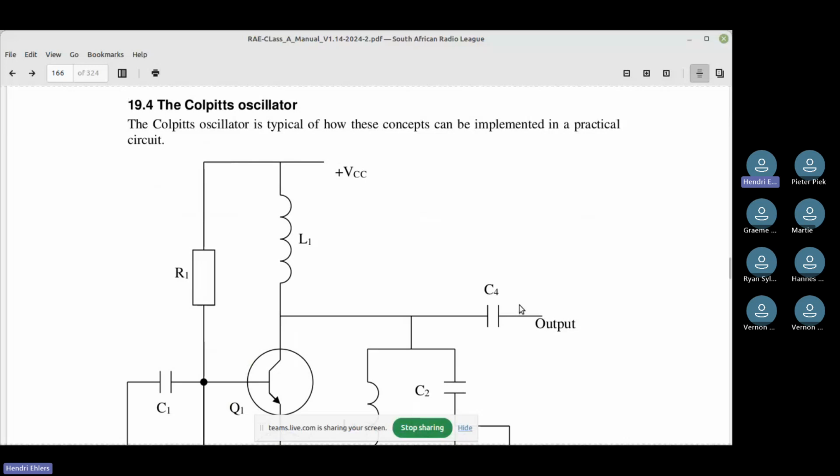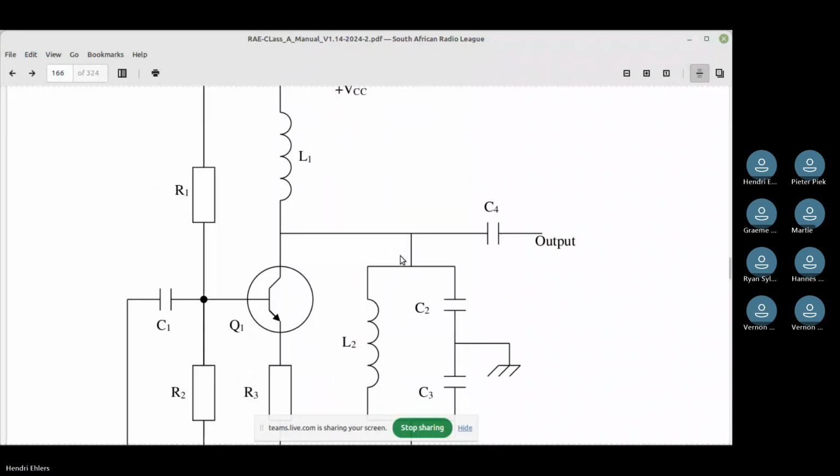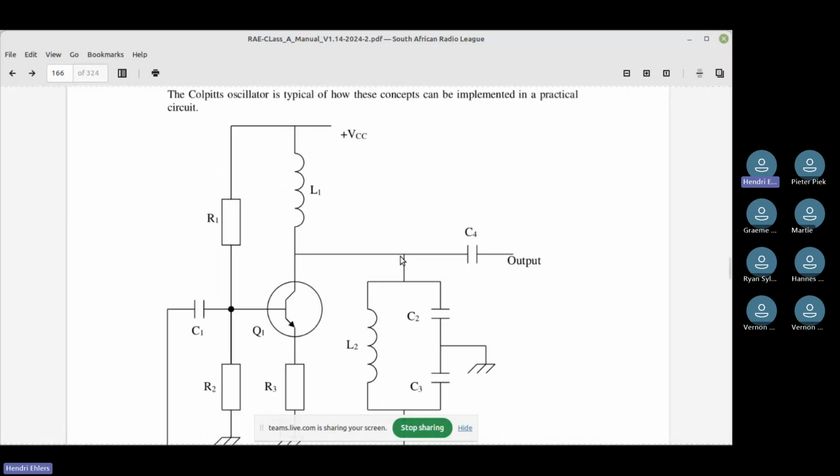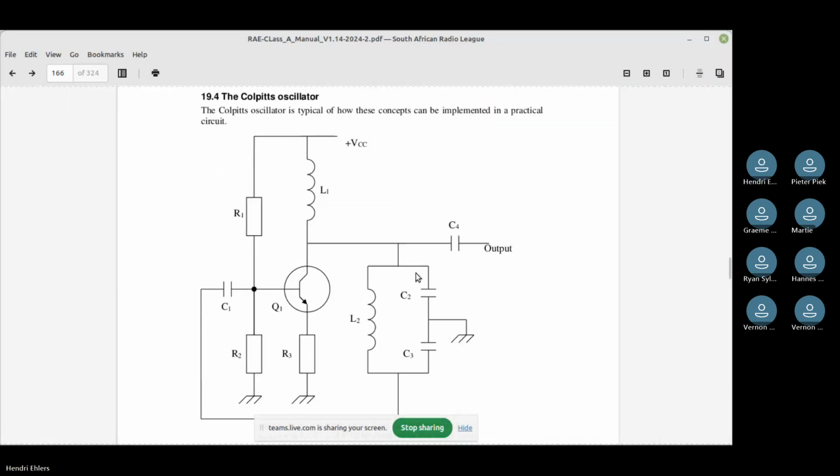Now, one of the types of oscillators that you get is the Colpitts oscillator, and that is the basic design. Let me just see if I can make this fit the screen. Now we don't need to know exactly what everything is.